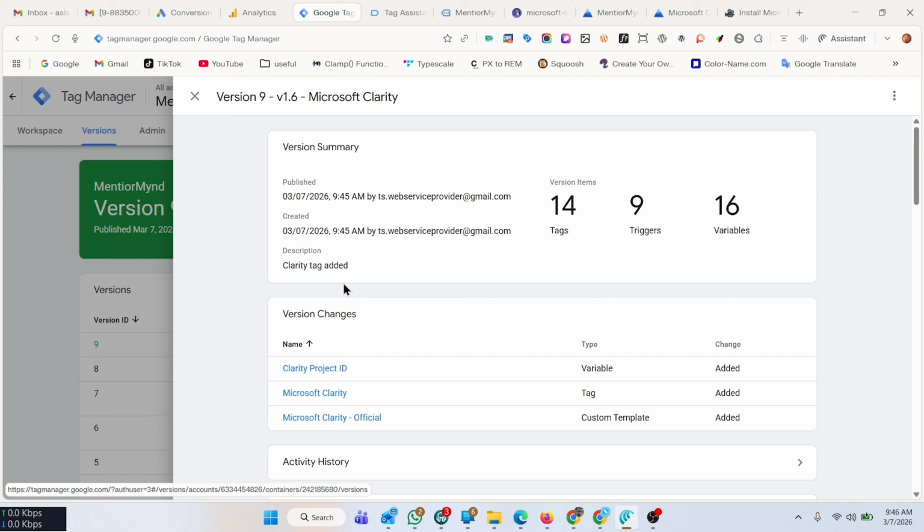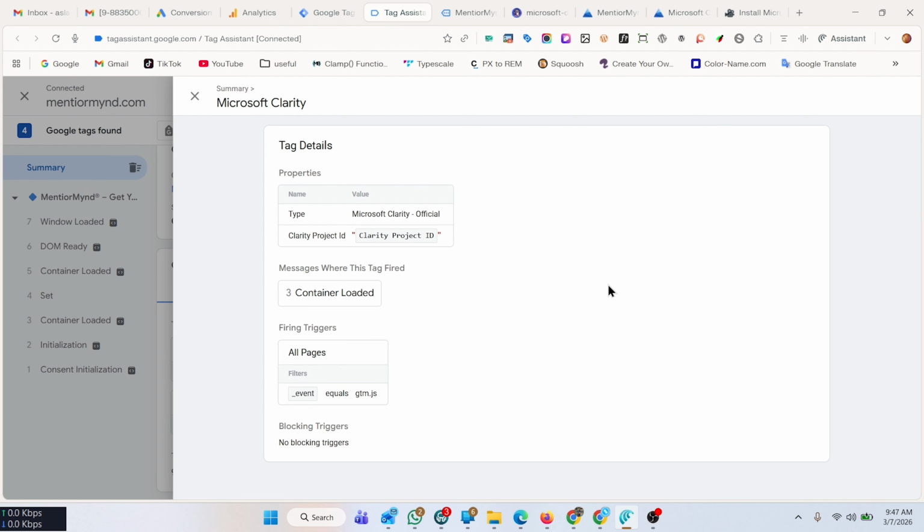So when to use this GTM method? If you are already tracking anything on your site, this is the professional way to manage your tracking setup. It's also the best choice for agencies managing multiple clients or anyone who wants full control over what fires and when. If you are not using GTM yet, the plugin is still a great starting point. Now let me quickly bring it all together.